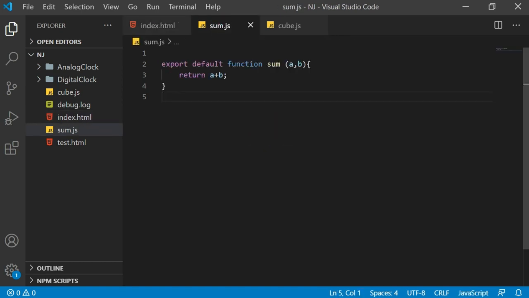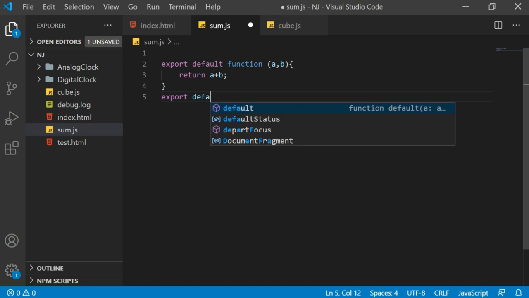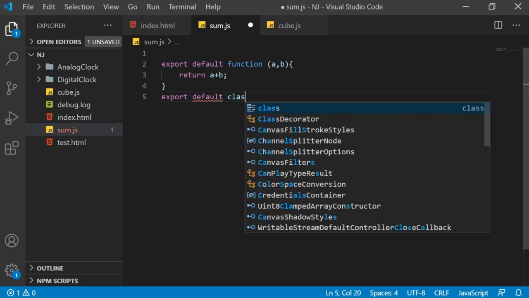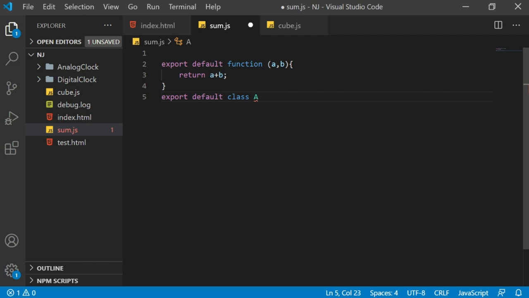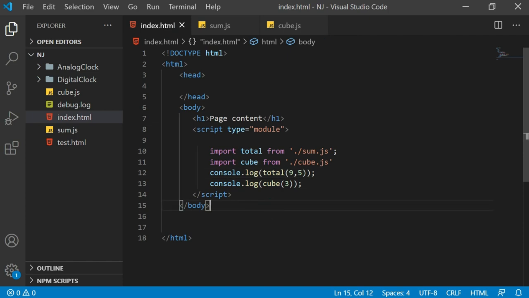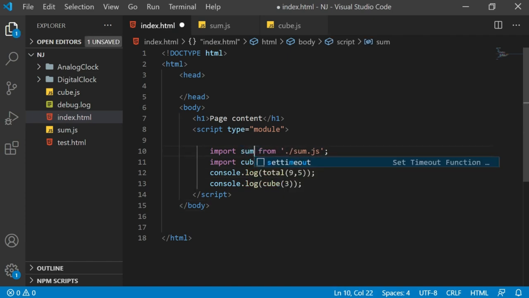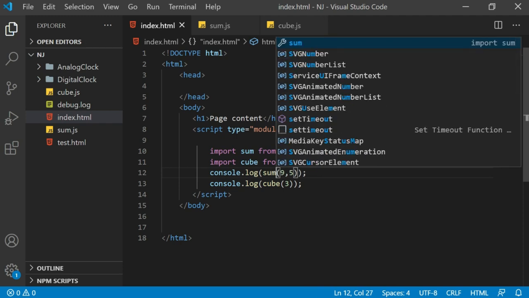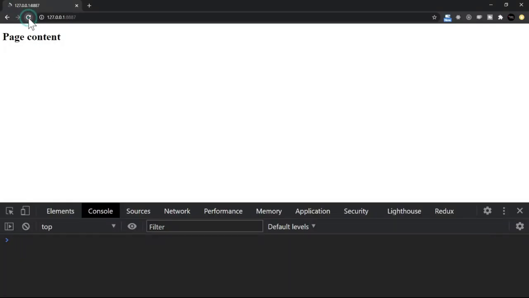This also means I may remove this sum. This is also absolutely okay. Generally we see that if we have, let's say, a class to export, we write like this. We say export default, then we have the class name. Whatever name you want to give, you can, or you just avoid the name, and it is absolutely valid syntax. So let's try this now. We do not have any name for this sum, and here we give total, or let's say sum, doesn't matter, but I keep sum. Let's save this and refresh the page. And you see that still the output is without any error.